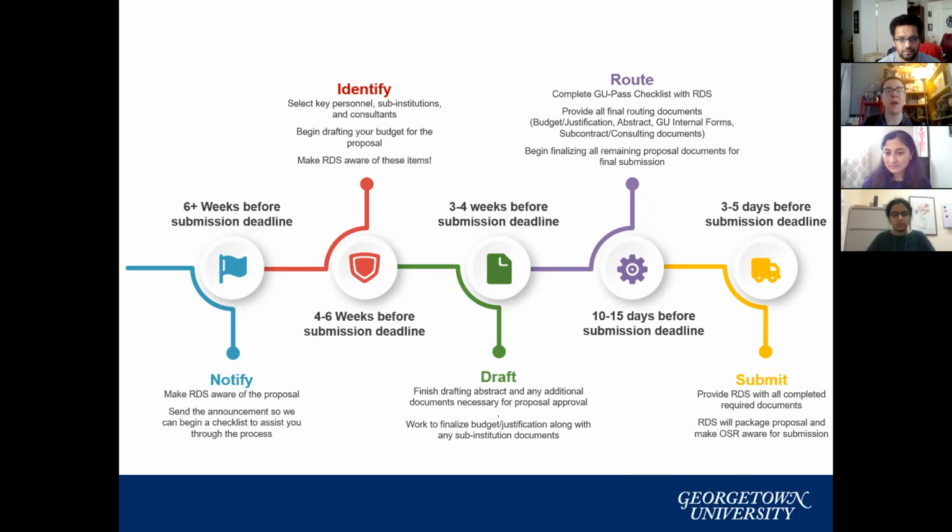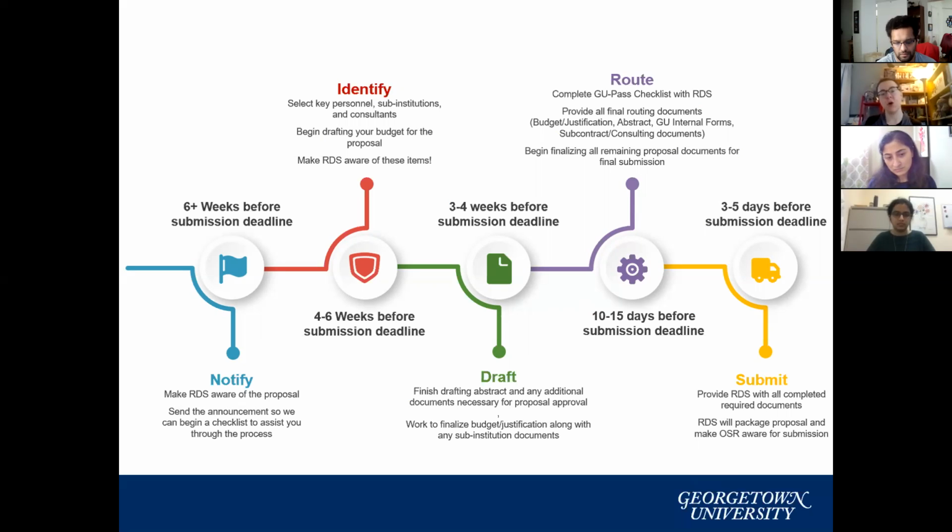Here we have things spaced out on a 6-week timeline where you found your opportunity, or I've helped you discover it, or I got an email and sent it to you because I think you might be interested. We would like to have at least 6 weeks from you deciding to apply for a proposal to actually submitting it on the day that it's due. And again, this is an ideal timeline. Things don't always work out on this,